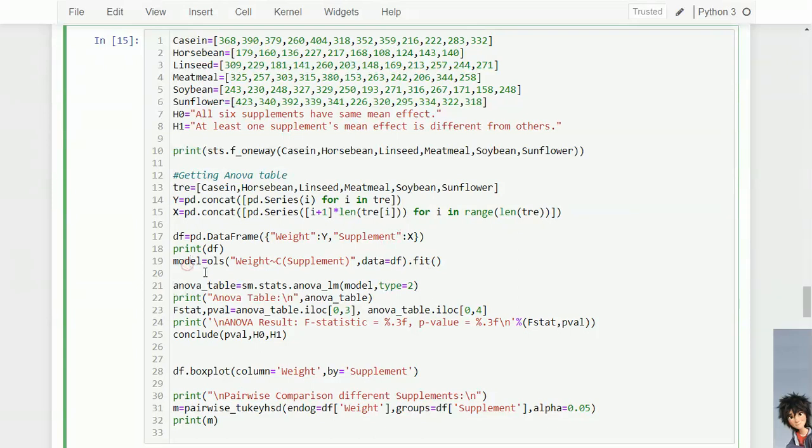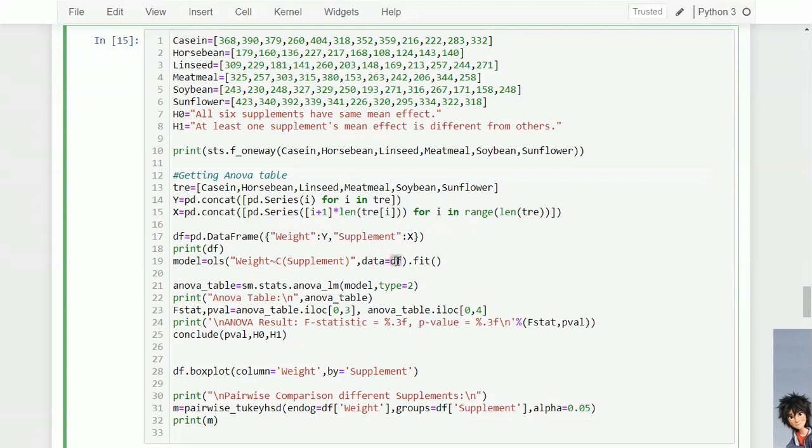Now we have to put model equal to OLS, which we have imported from the statsmodels package, statsmodels.formula.api. We use OLS with weight tilde C of supplement, since supplement is a categorical variable, so C is there for that.